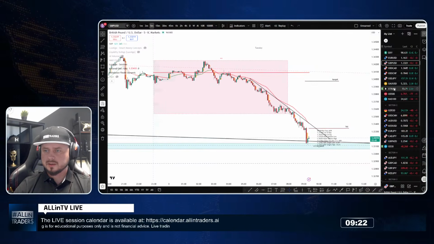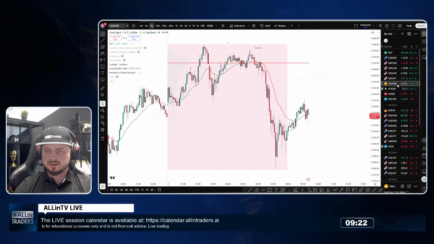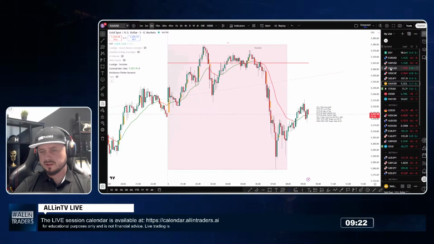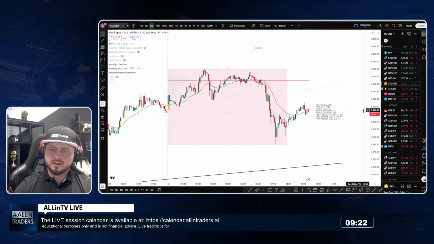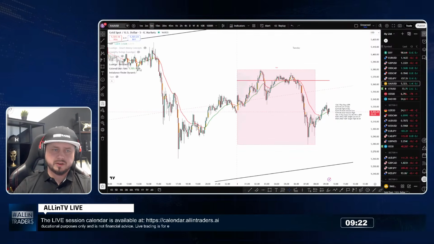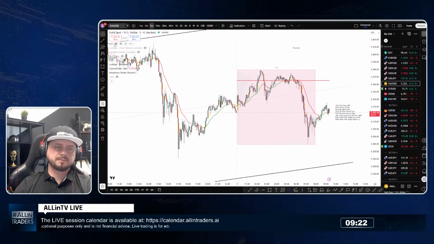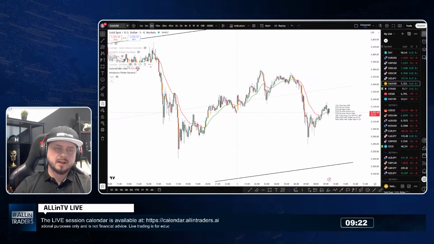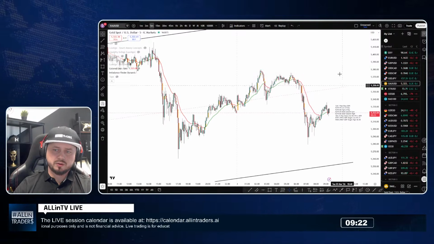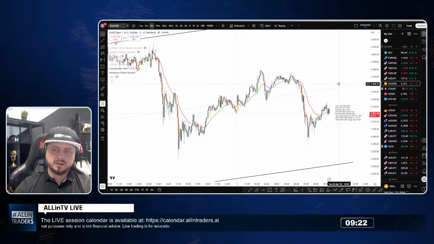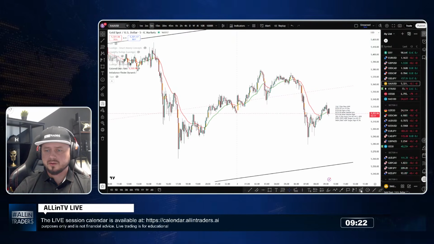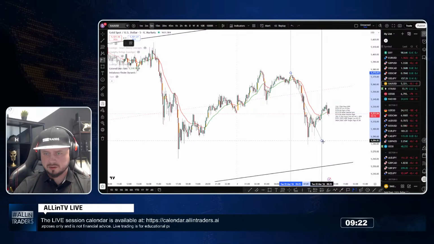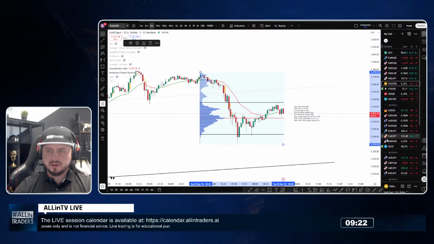So let's check some other assets. Gold is looking good, I can say. Also, but I'm a little bit confused with gold, guys, to be honest. Let me just explain why. Because I would like to open a short position, but we got a target above and there is a chance we're going to go higher. But this is a good place to open shorts, because if we look at this area,